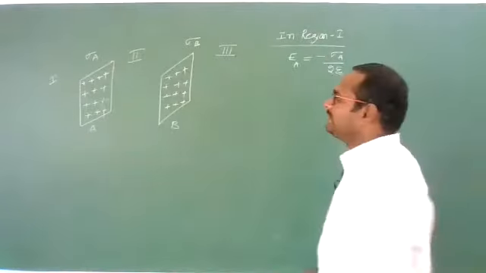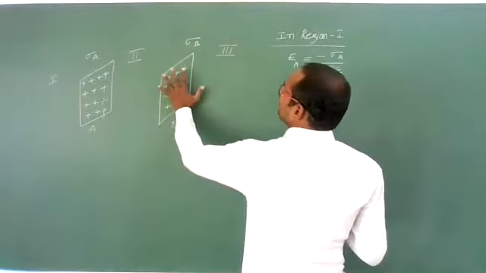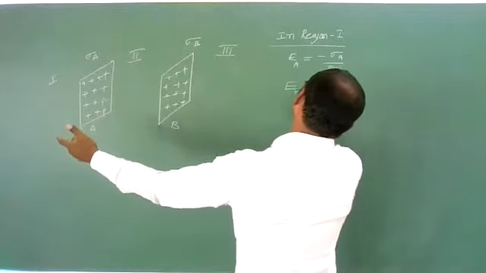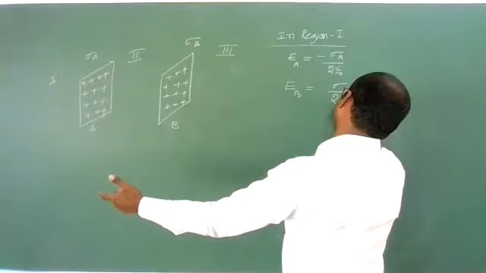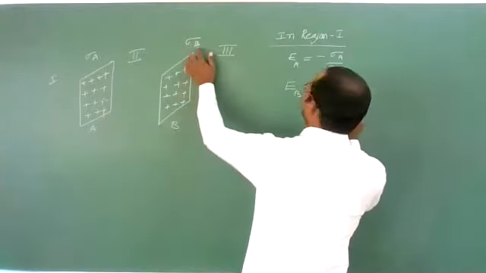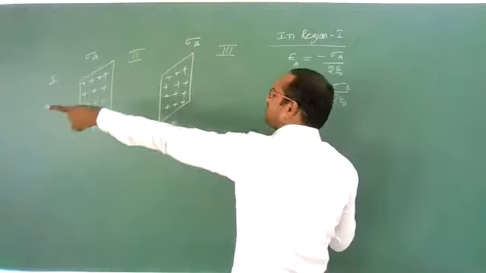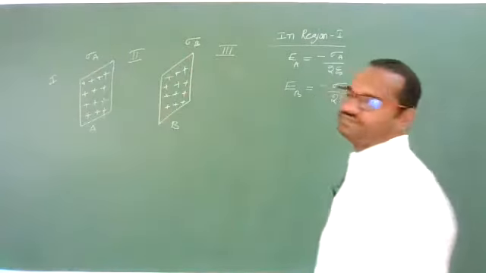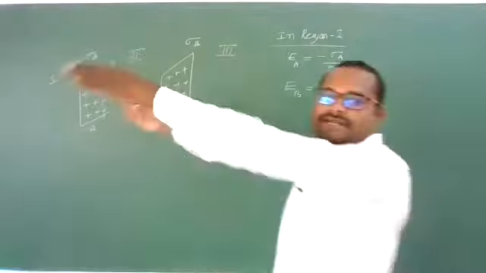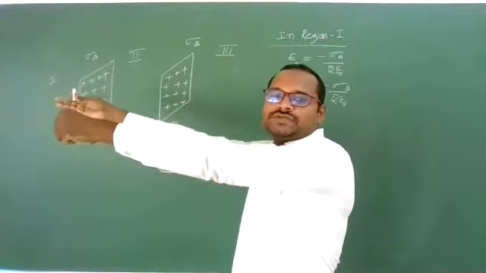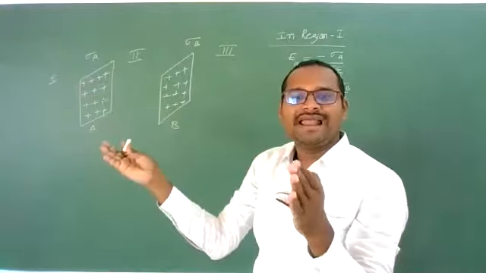Okay. And due to sheet B, electric field is again sigma by 2 epsilon naught, but its surface charge density is sigma B, and that too from this origin it is left hand side. Again, it is also negative. Net electric field, both are in same direction. Due to sheet A that direction, due to sheet B also in that direction only. So both the electric fields will add up.